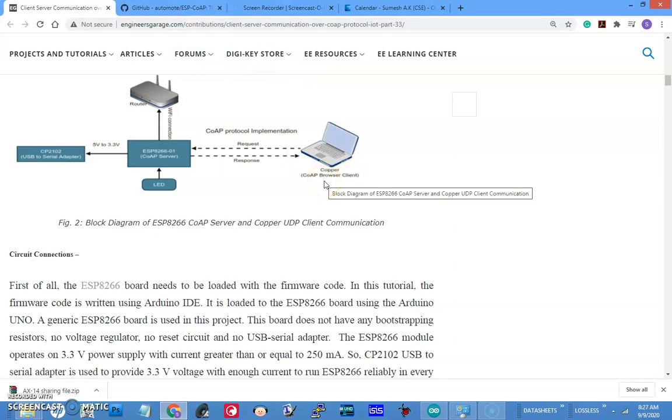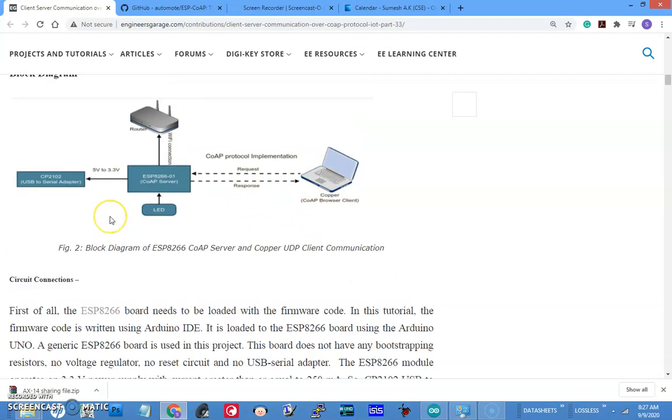The web browser Mozilla becomes a client for COAP. After doing this you can start task number 3: control the LED on the 8266 board by sending requests from the web browser. So this is the task.